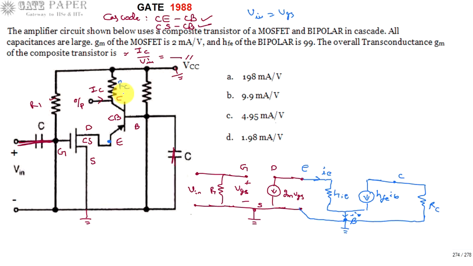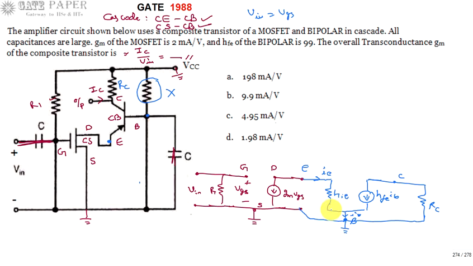And this resistor doesn't have any effect, because one end of the resistor is connected to ground, that is the base is directly connected to ground, and the other end is also connected to VCC, which is acting as ground, so it doesn't have any effect. This is the equivalent circuit for the given transistor circuit.